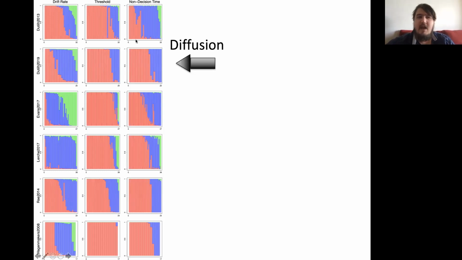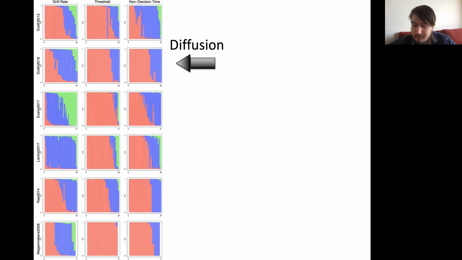But anyway, the key finding here with diffusion seems to be, apart from this Dutil 2017 data set, which doesn't really seem to have a decrease in non-decision time, all the others seem to show decent evidence for a decrease in non-decision time, all except for Ray's, which is a bit weird because it's got a bit less. But there's fairly strong evidence for a decrease in threshold, which there should be, and less so for drift rate, except for a couple of studies, 2017 and 2013 and 2014, Dutil and Ray. So in general, the main conclusions of the diffusion model are that threshold decreases and non-decision time decreases, and drift rate does sometimes. So potentially this study, but not